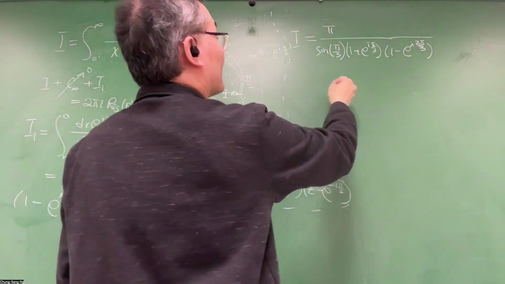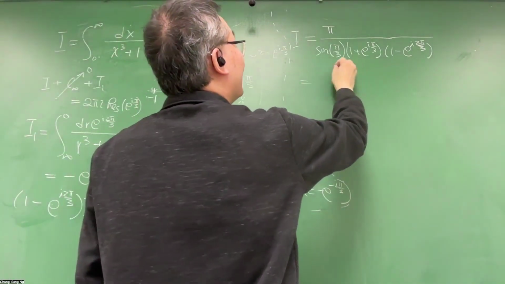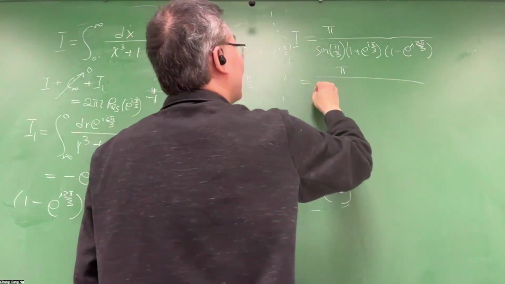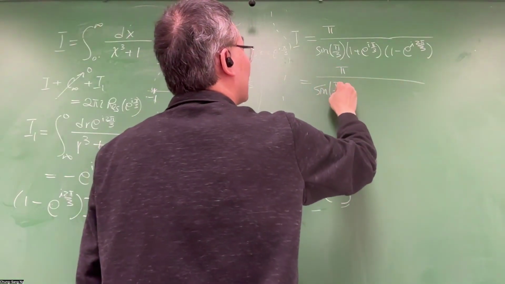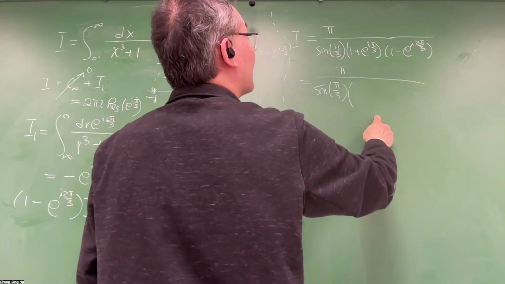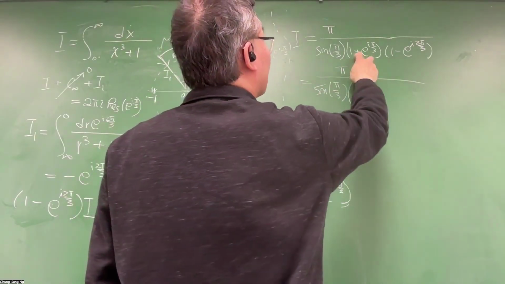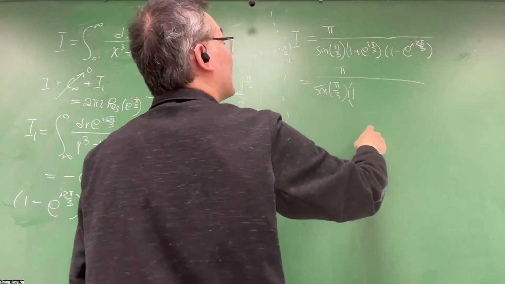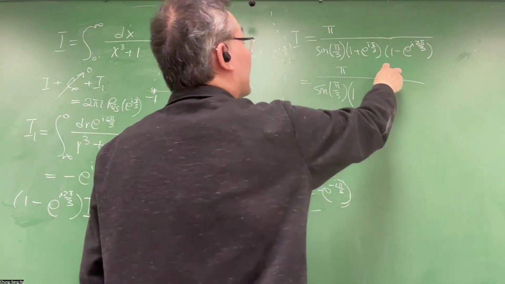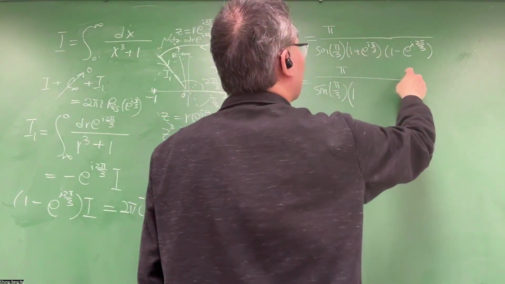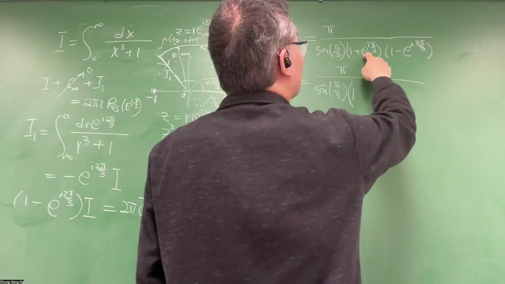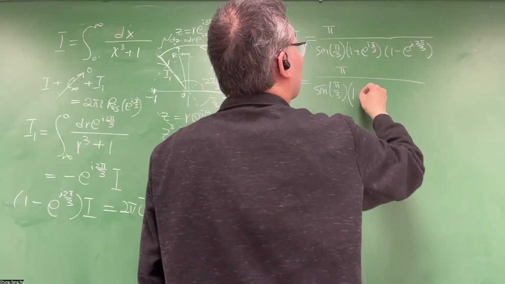Okay, hopefully that will work. All right. And we just need to multiply together. 1 times 1 is 1. And then you have this times that is